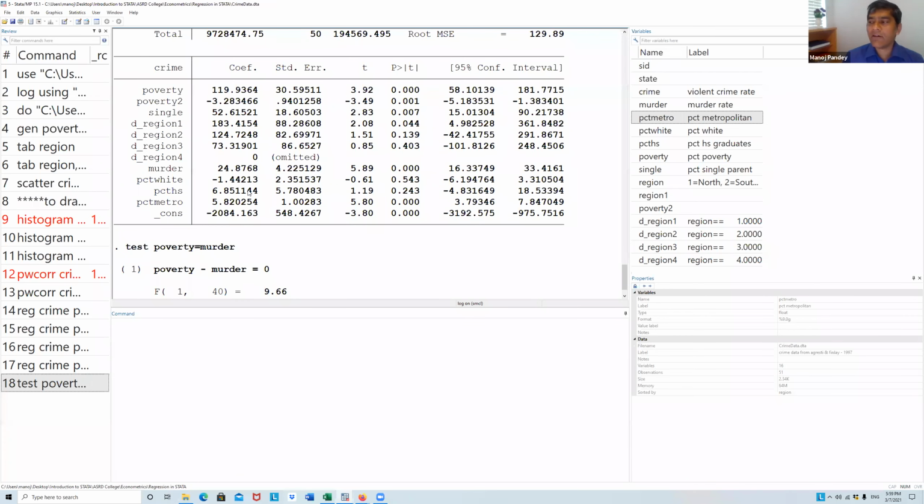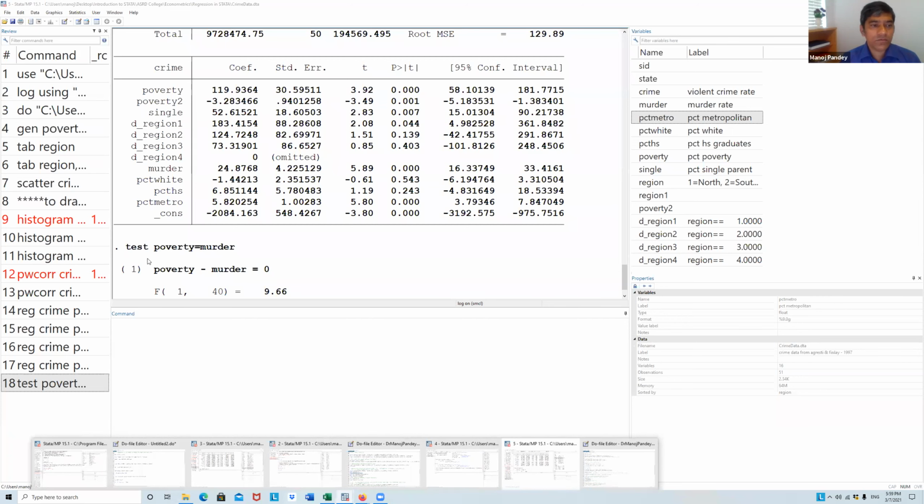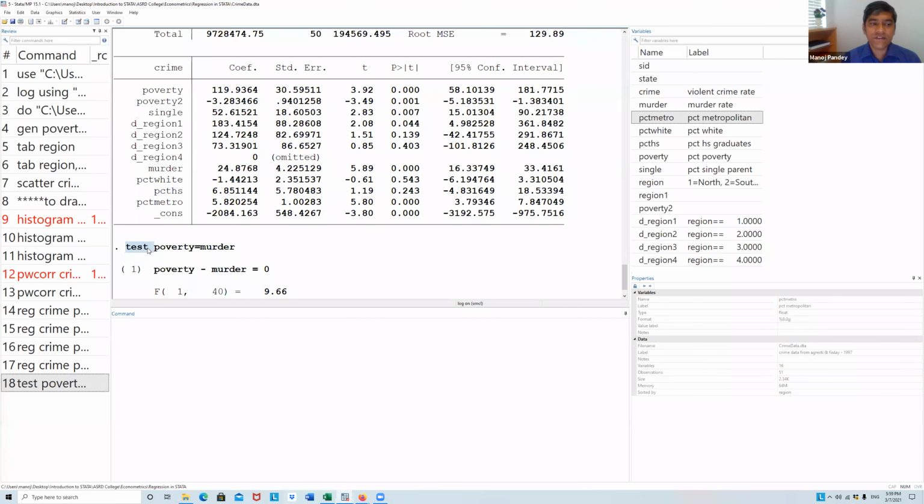Okay, but then here our test is saying that no, they are not equally important. They are significantly different. The coefficients are significantly different from each other, and they're different from 0. Okay, so they both are significant and they are different. Okay, so the only one command used is test.